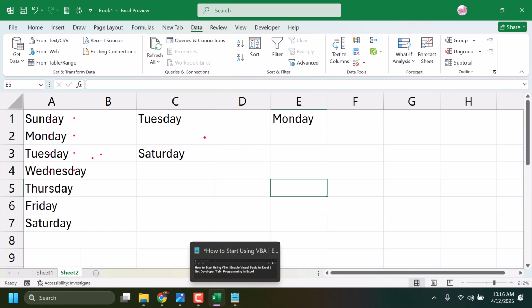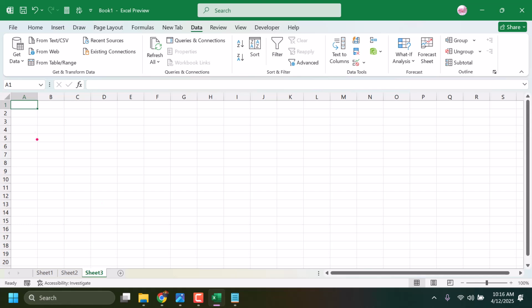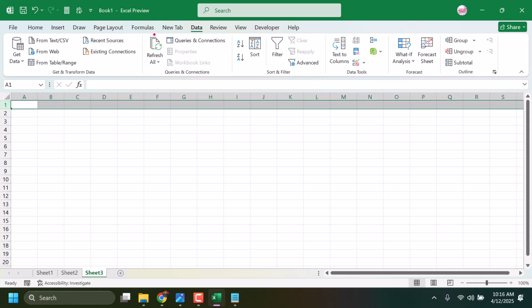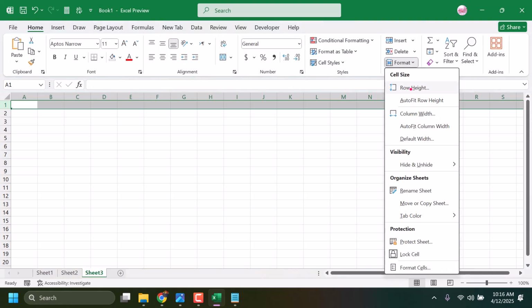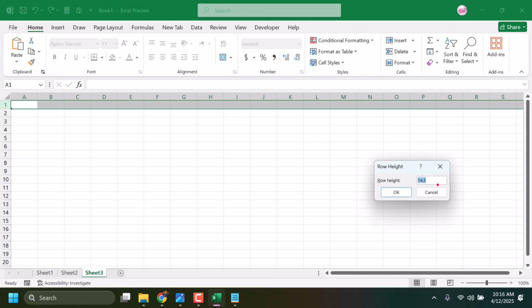In this video, I will show how to change Excel cell size. So, if you want to select entire row height, you need to change. So, click here and in the format, here you will find option row height. You can enter your required number,